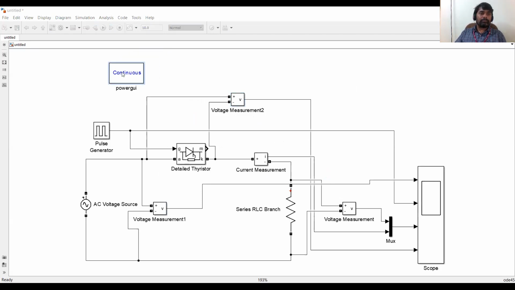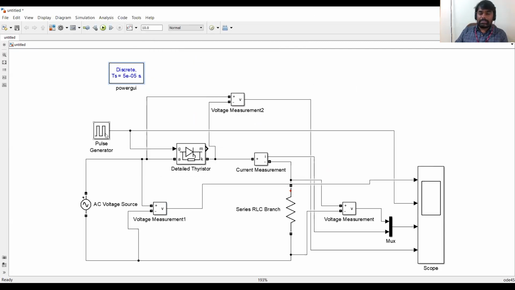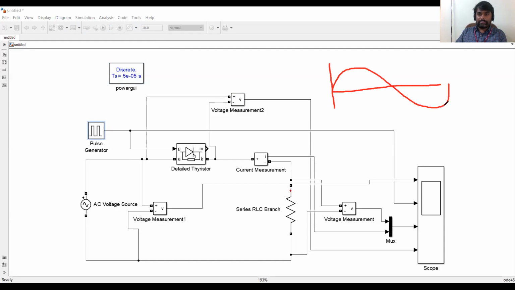Okay, circuit is completed. Now if you see, this pulse generator plays a major role here. In order to adjust this pulse at the required time instant, let us consider, see here. Suppose I want to fire the SCR. This is the AC input voltage, right? And the thyristor is in forward bias condition during this positive half cycle only. I can fire here, I can fire here, I can fire here, and that firing instant should be given from this pulse generator. That will play a major role here.